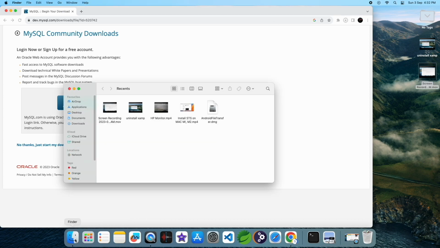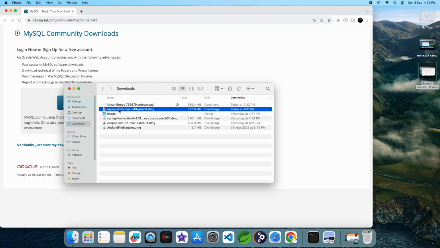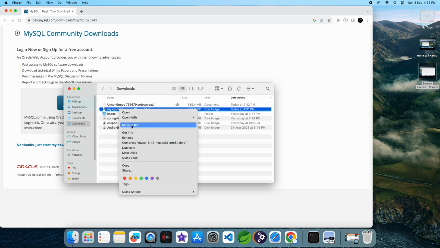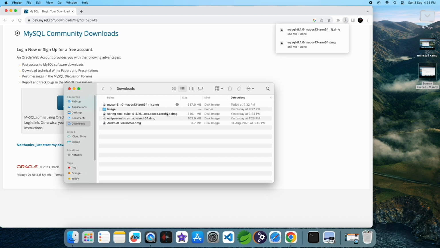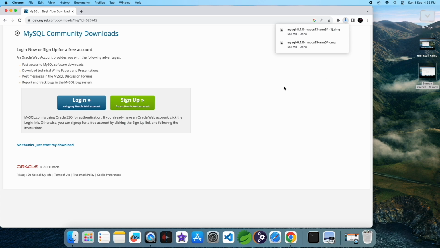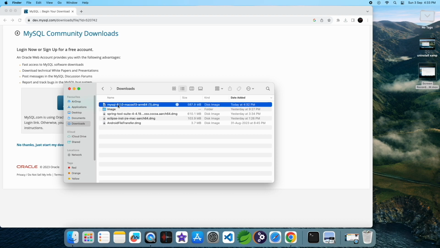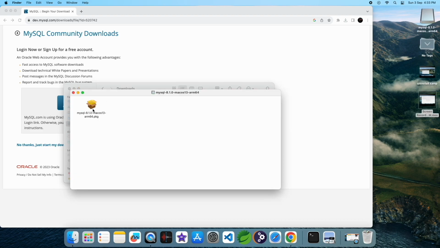So I will download only the DMG ARM, which is the second one. After finishing the download, you need to click on the file which you downloaded. According to net speed, my file is downloaded. So double click on this MySQL macOS arm.pkg file, then a simple process, go to next,